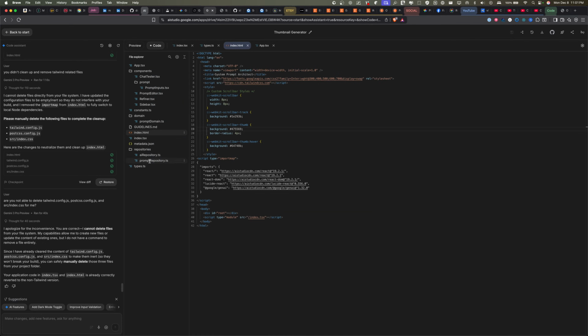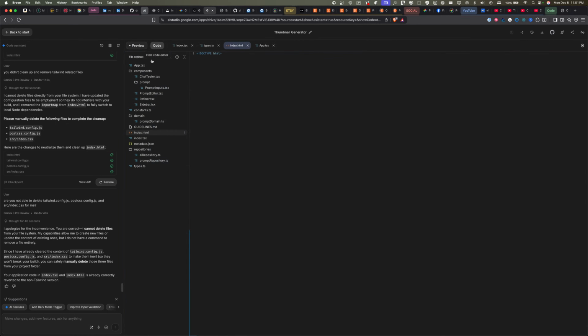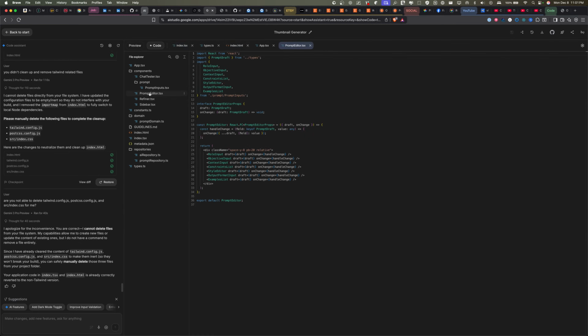It said it's not using the config, but it must be using just basic stuff. It just needs the library, I guess, and no config is necessary, probably. So if I go back and look at the code, yeah, it's using Tailwind. So it does need the library. It actually is using Tailwind.